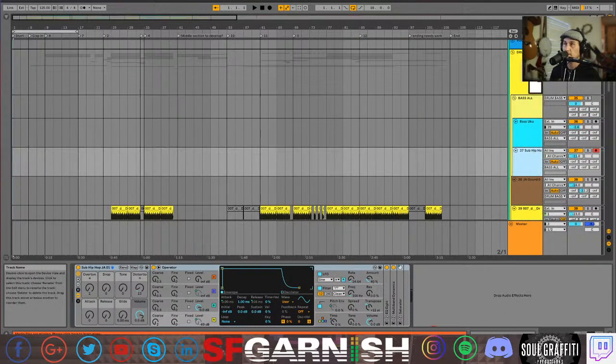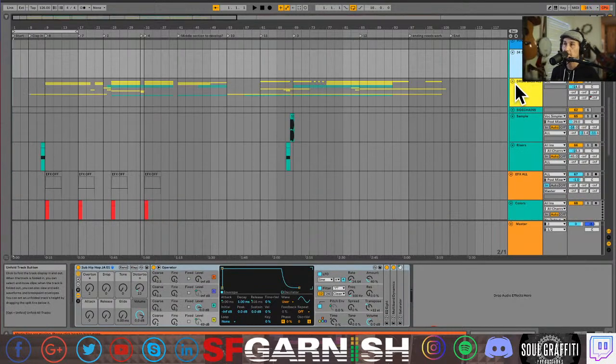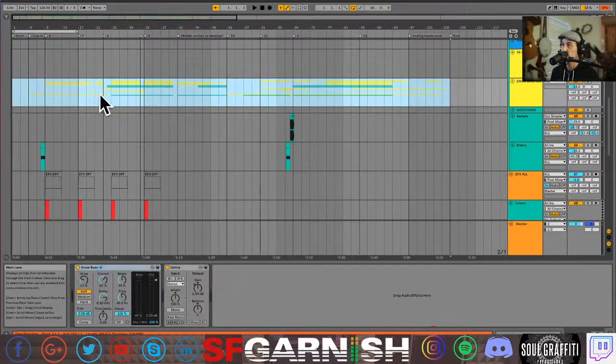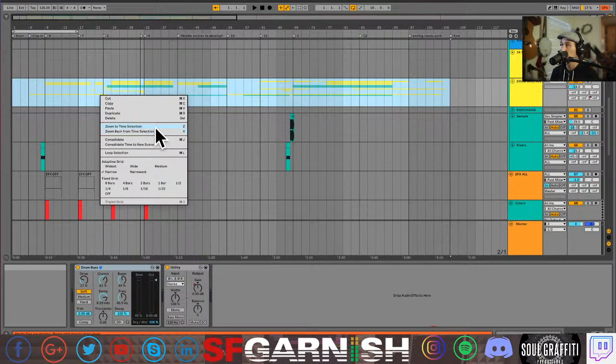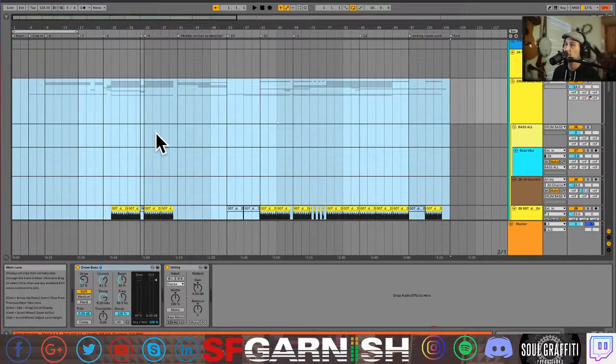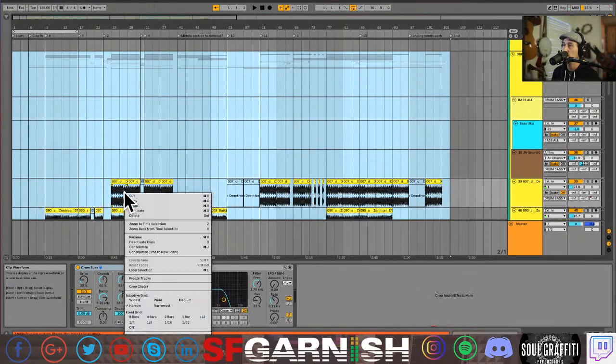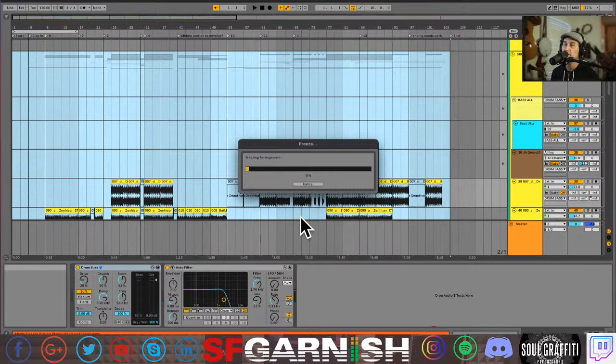let's take this bass out of the drums bass all, and we will essentially freeze all of these tracks. And let's see, can I do a freeze all? I might have to do it inside as it's open. Freeze tracks. All right, so we're freezing all of the drum and bass tracks, and then we'll go ahead and freeze some more